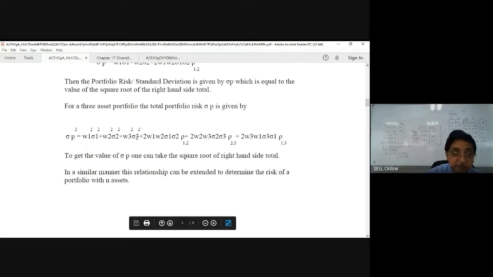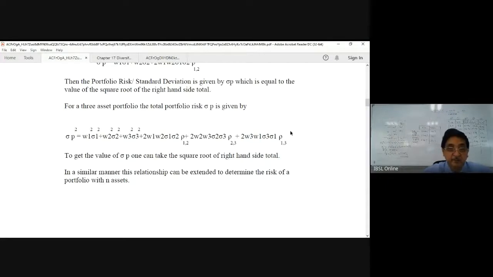Now here it is given for 3 assets. Now you can look at the format of the formula. Just look at the first 3 terms. The first term is W1 squared sigma 1 squared. Now this is the case of a 3 asset portfolio. We have already done 2 assets, and this is the 3 asset case. W1 squared sigma 1 squared plus W2 squared sigma 2 squared plus W3 squared sigma 3 squared plus, so now there are 3 square terms, then plus you will have another 3 terms which you have to relate with